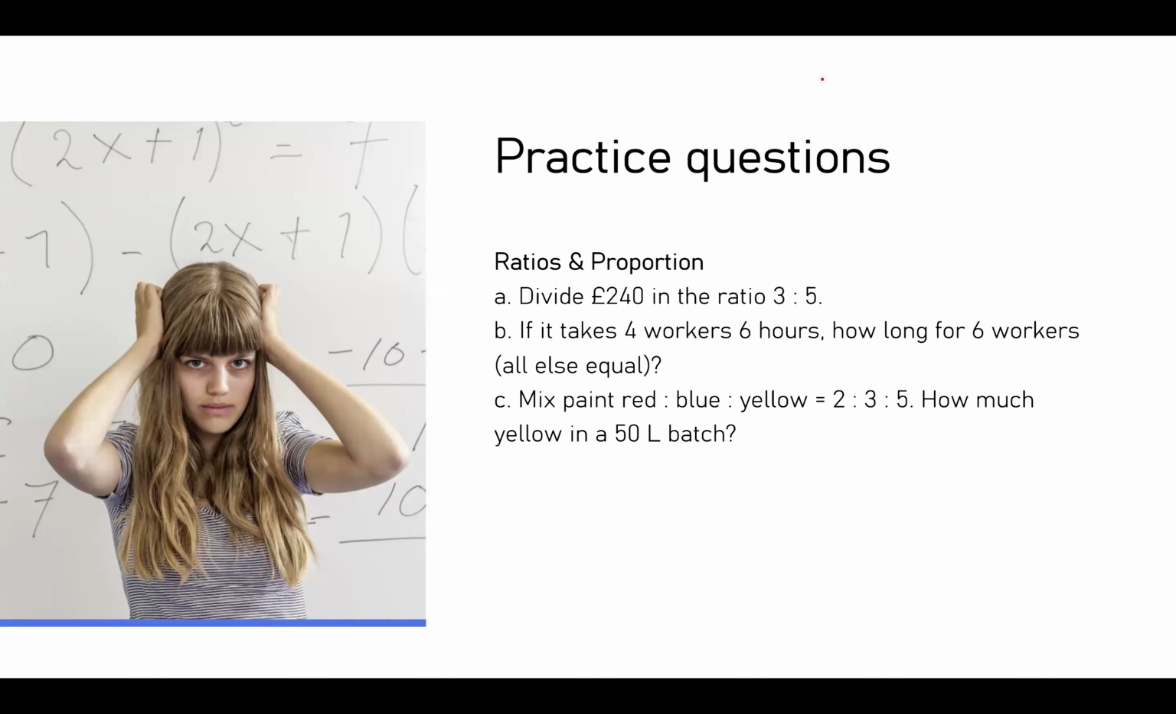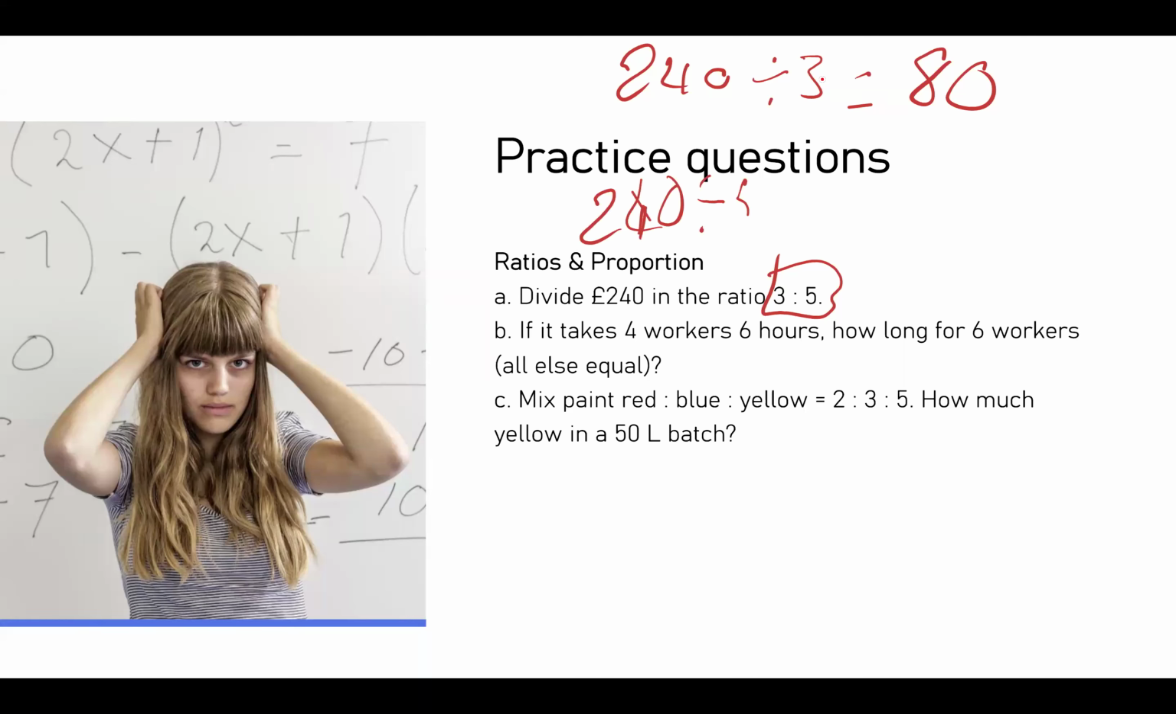So divide 240 in the ratio of 3 to 5. So all we do is divide 240 by 3 and 5. So 240 by 3 is quite simple, it's 80. 240 divided by 5. Actually, no, sorry. No, that's not how we do it, sorry. So what we would do here is